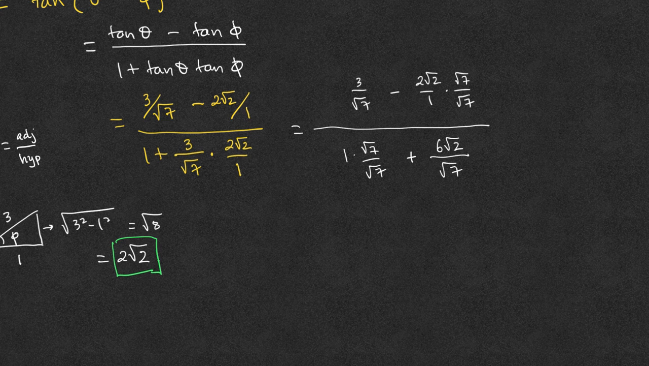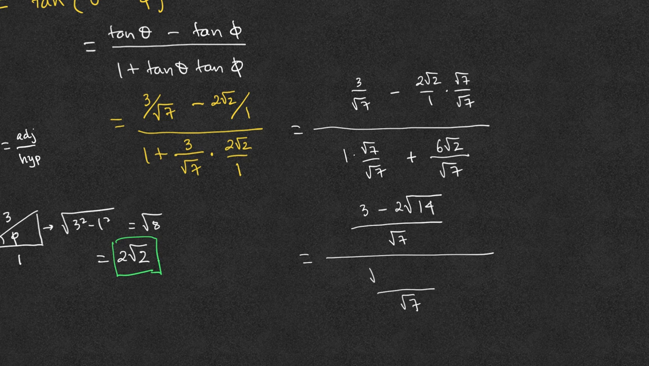6√2/√7. We can now combine the numerators and the denominators separately because they have the common denominator. In the numerator, the common denominator is √7, and we simply subtract the numerators. 3 minus 2√2 times √7 is 2√14. And in the denominator, the denominator is √7, and the numerator is √7 plus